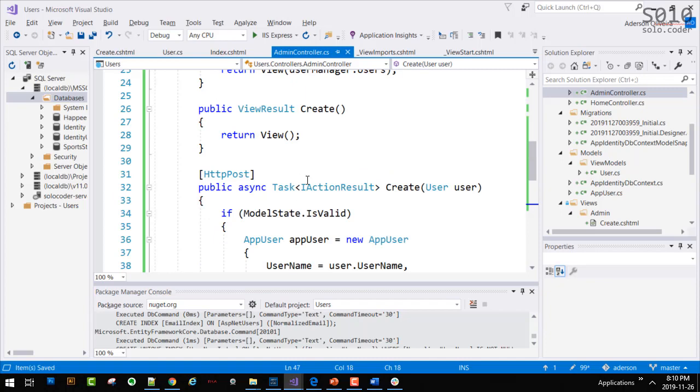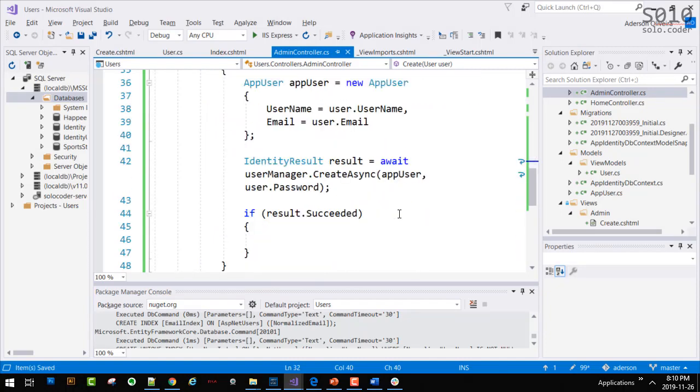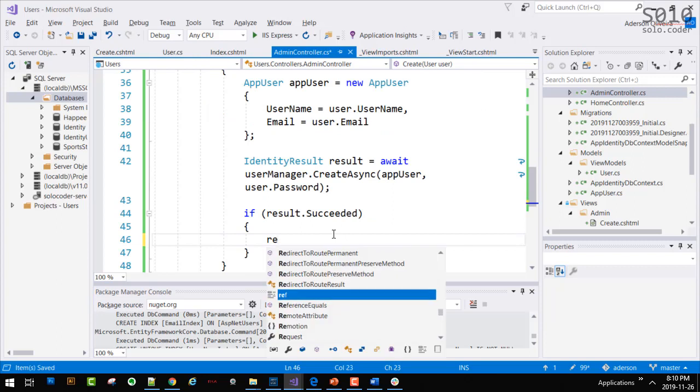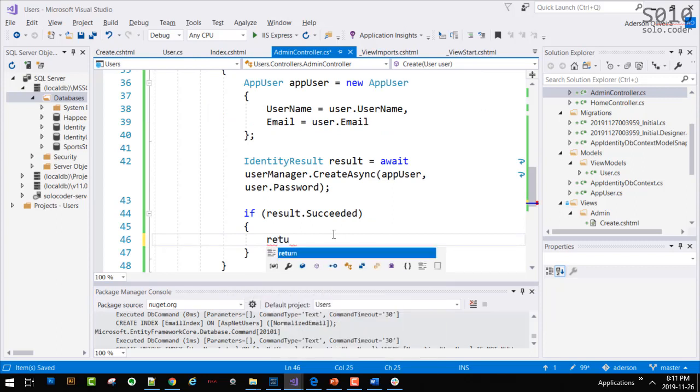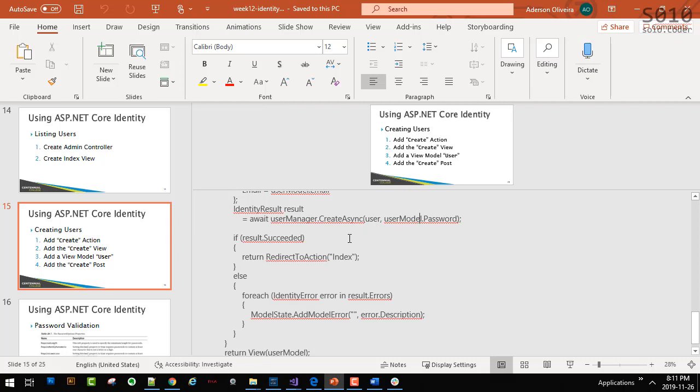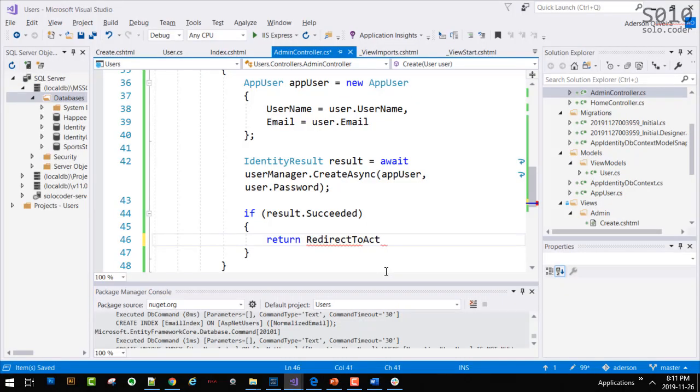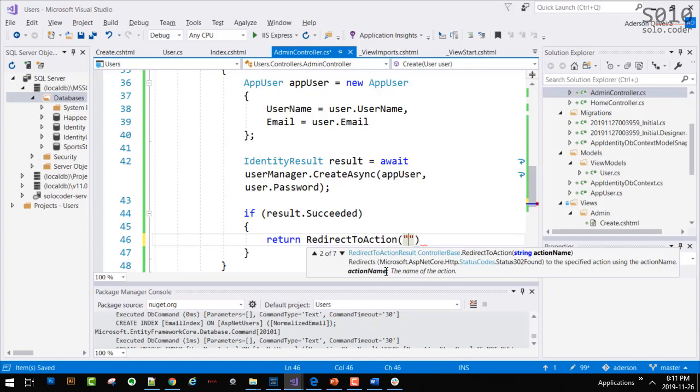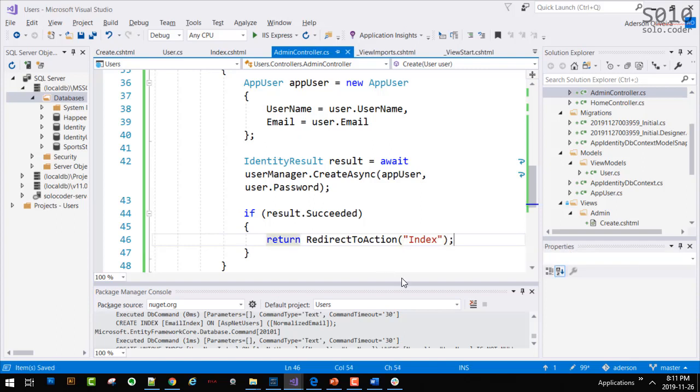Because we are using here an IActionResult, I can return a redirect. In case it succeeded, I'm going to say return redirect to action, or I can say just redirect. Let's make it a redirect to action, and I'm going to redirect to the index action. In this case, everything went fine, and we go back to our index, which shows the list of users. Otherwise,